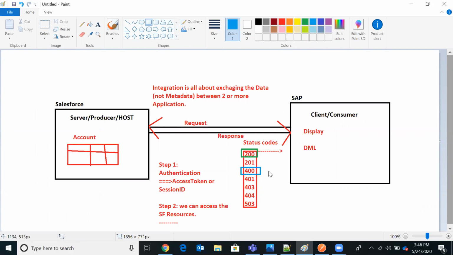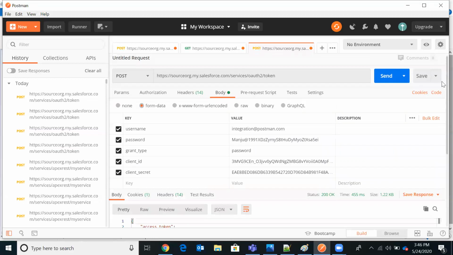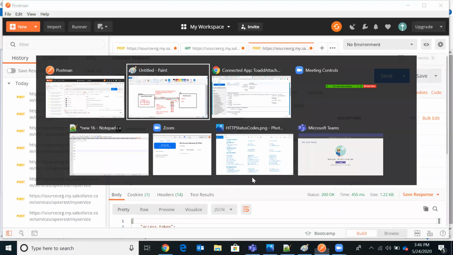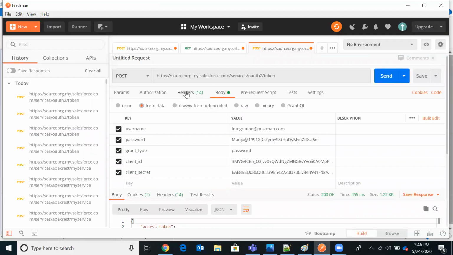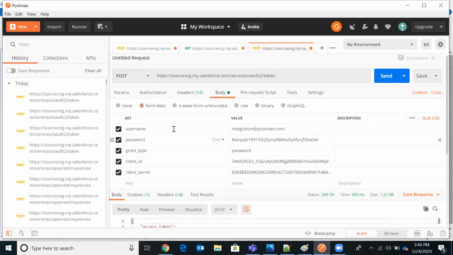When you are trying to send a request, if your request is not correct, it will generate a 400 status code. So from the client end, you have to check what parameters you are passing. I showed you here: initially I was passing in the header tag, which was causing the 400 error. This is one cause. After that I removed it from the header and passed it in the body tag.